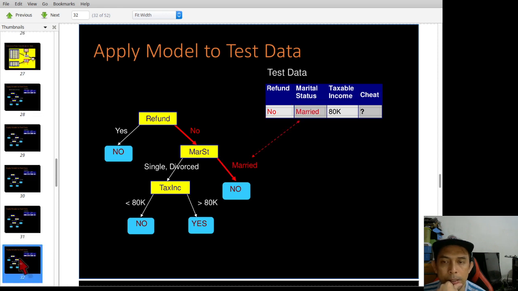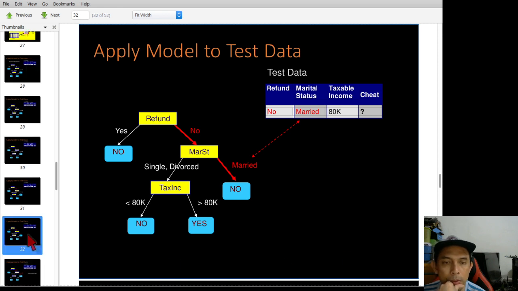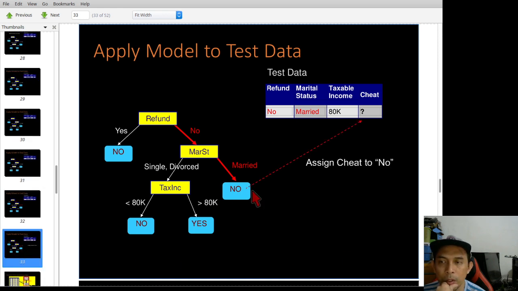So that means you go to the right side. So in this case, that means you have to assign no. The class for this data is no. For this record, it is no.